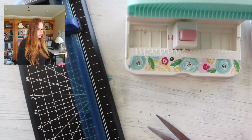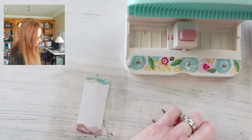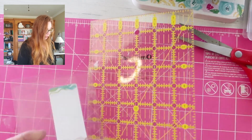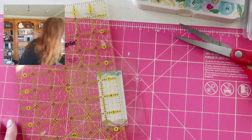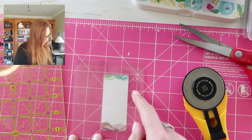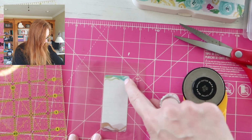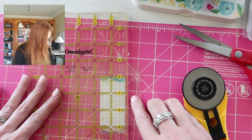Like I said, here's your paper cutter. I'm gonna use this rotary cutter because I really feel comfortable working with it. If you don't, that's okay. Rotary cutter is my jam because I used to be a quilter, so I totally am extremely comfortable using this. So what I want to do is figure out which side is going to be attached. So this is going to be my spiral attachment, and so around all the other edges, what I want you to do is find the